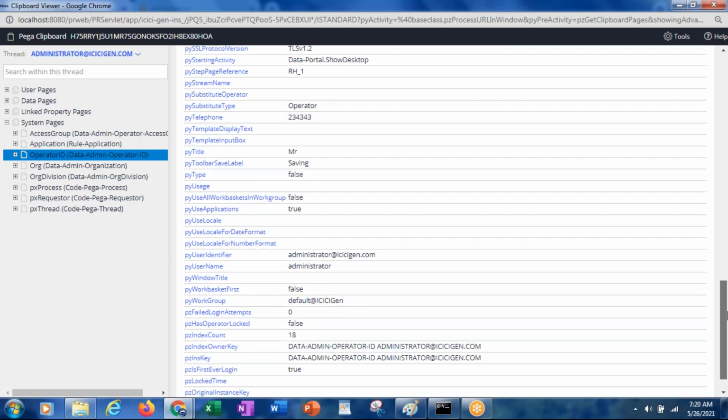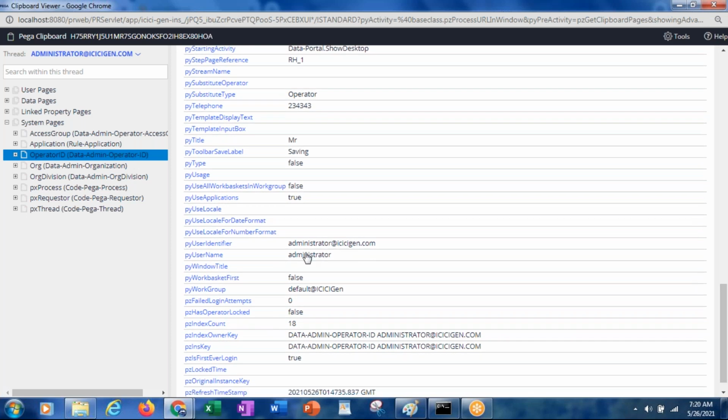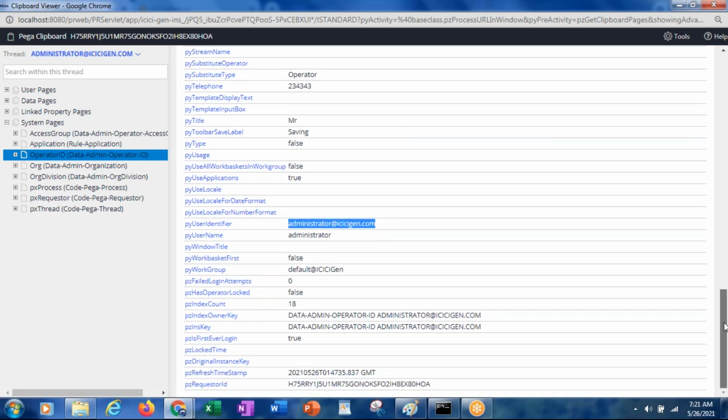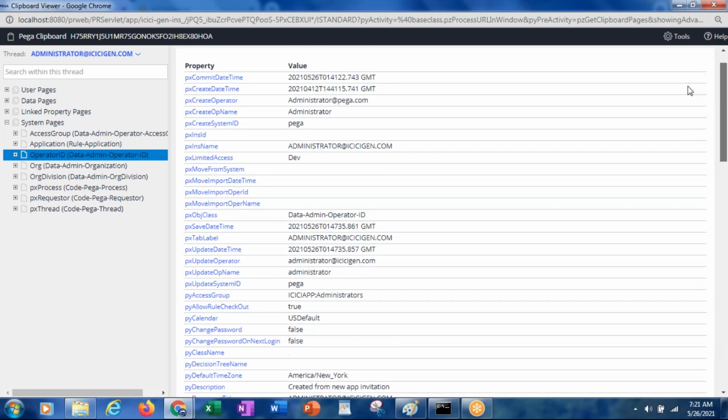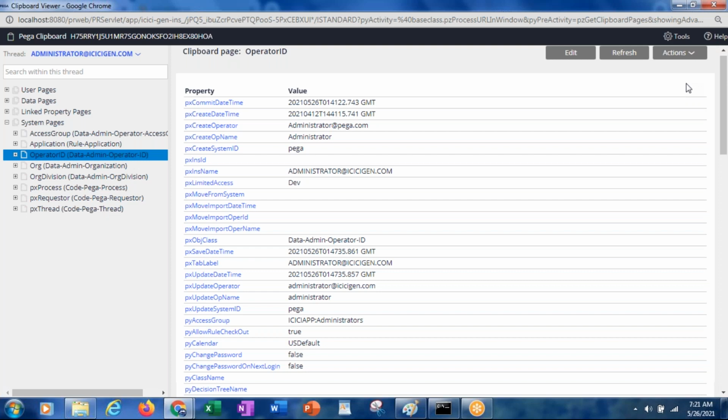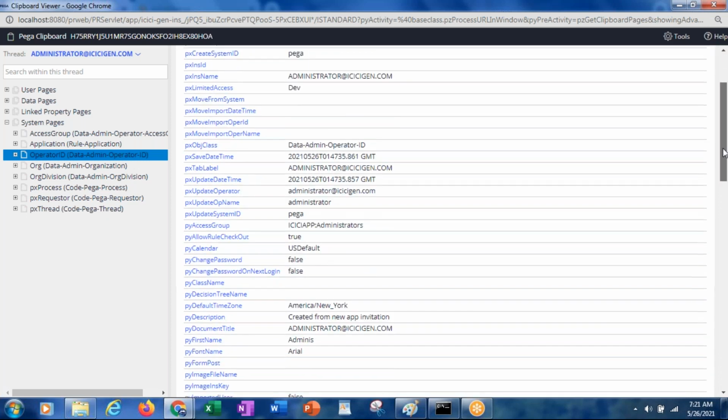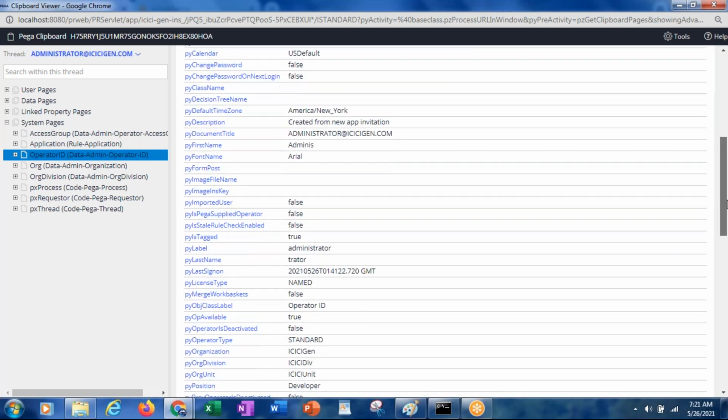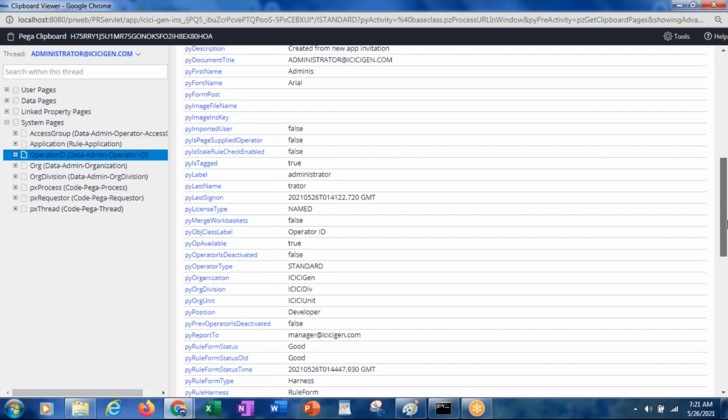But in general, to identify this operator, we use the pyUserIdentifier. We need to use the pyUserIdentifier to identify this particular operator. Now, where exactly are all these operator details saved? All these operator IDs will be saved to the database, right?